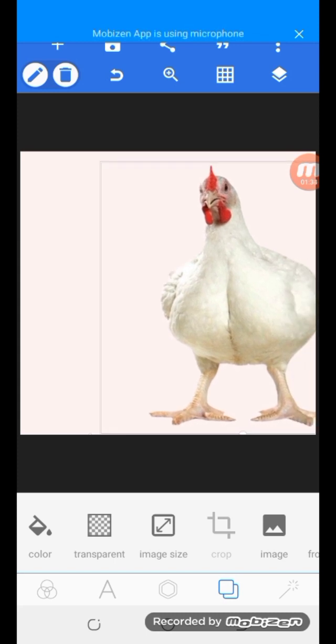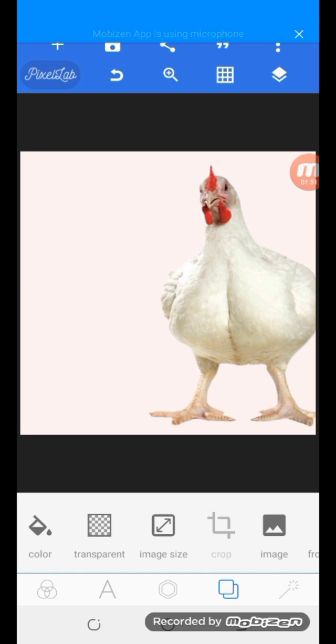It's okay like this. Okay, now I want to create an effect. I want this image to be as if it is standing on an actual surface. So I'll just put a shadow beneath